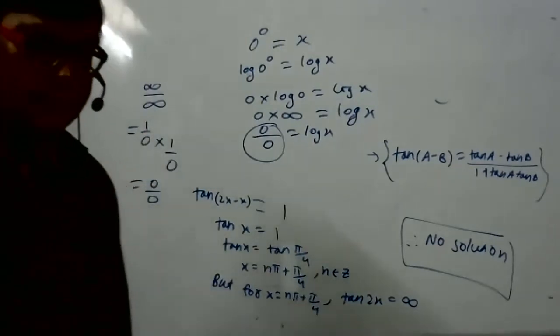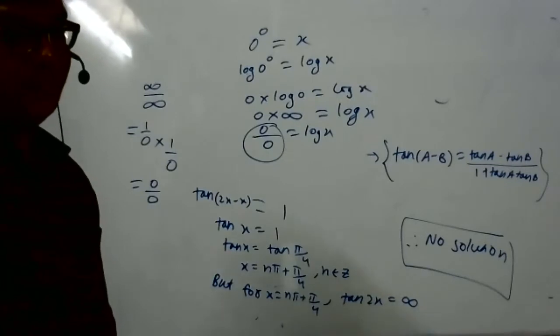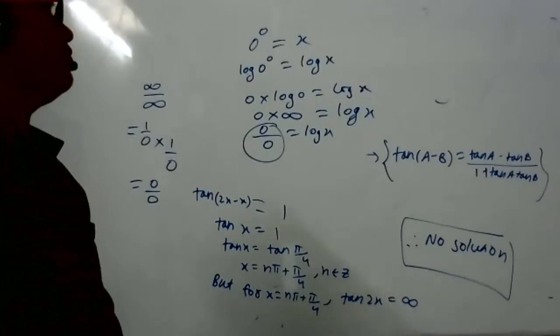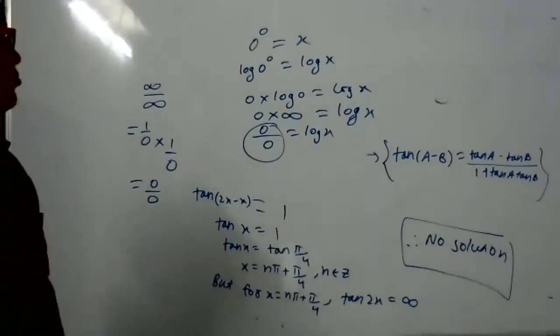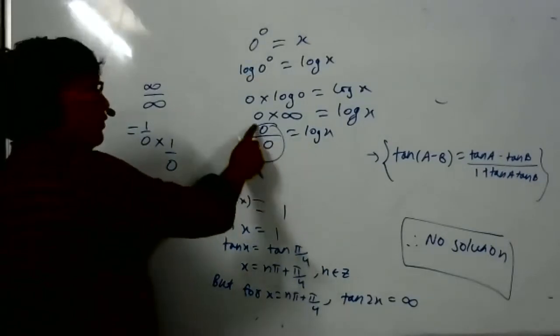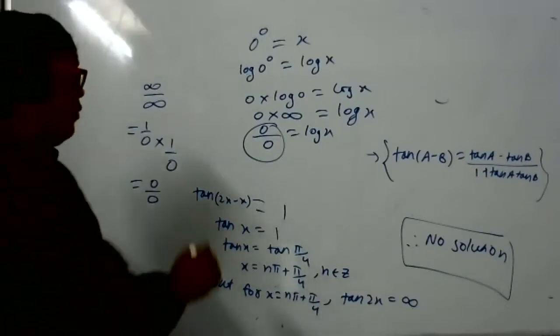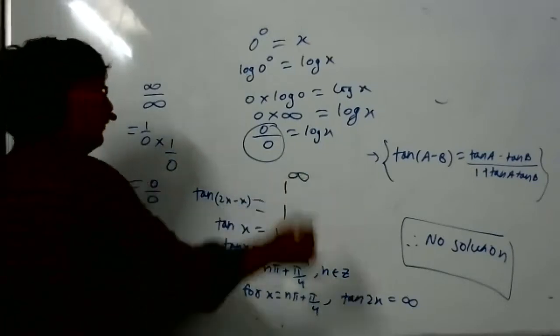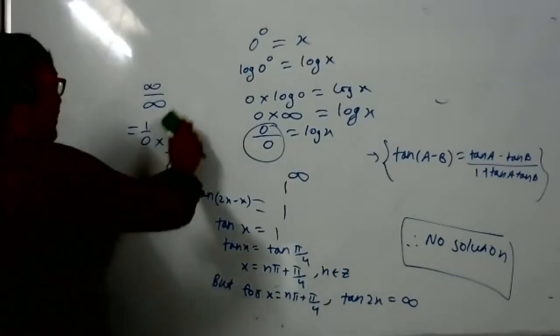Sir, if I take a value very close to 0 but not equal to 0, then that value to the power 0 is equal to 1 only, no, sir? So we can say that when a approaches 0, it is equal to 1. No, that way we cannot say. I have proved also we got 0 by 0, so that way we say it is not defined. Even 1 to the power infinity is not defined. 1 to the power infinity is not 1. We'll study in limits, not now.